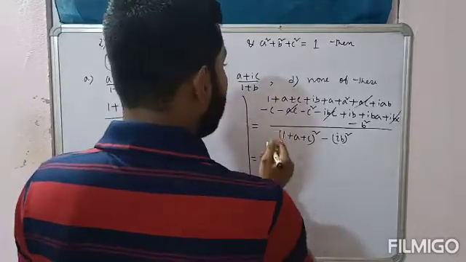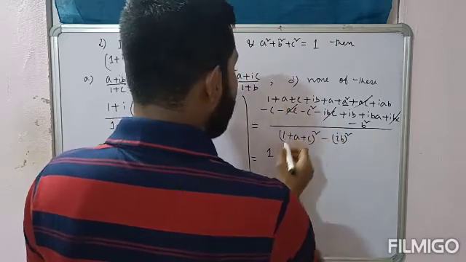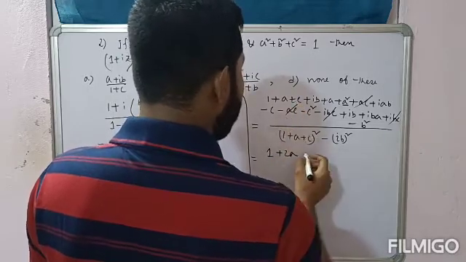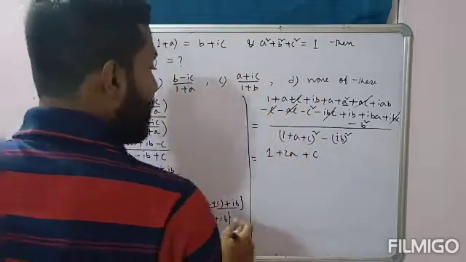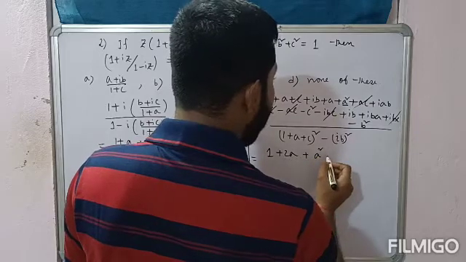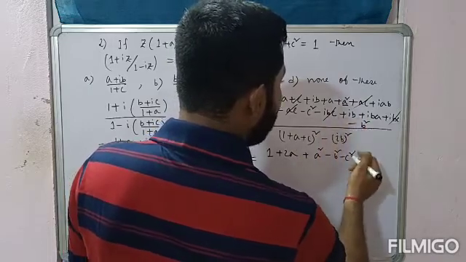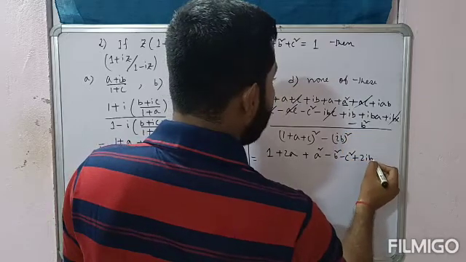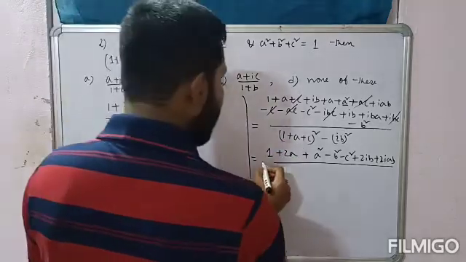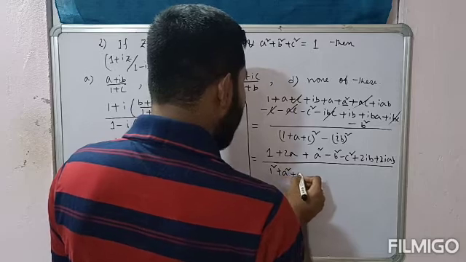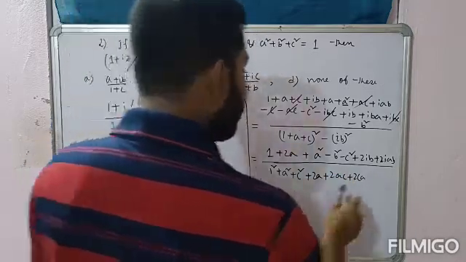So then what remains? 1, a square, 1 plus twice a, plus c, or c also will be cancelled. 1 plus a, 1 plus twice a plus a square minus b square minus c square plus 2ib plus 2iab divided by, now expand the denominator, a plus b plus c whole square, that is a square plus b square plus c square plus 2ab plus 2bc plus 2ca